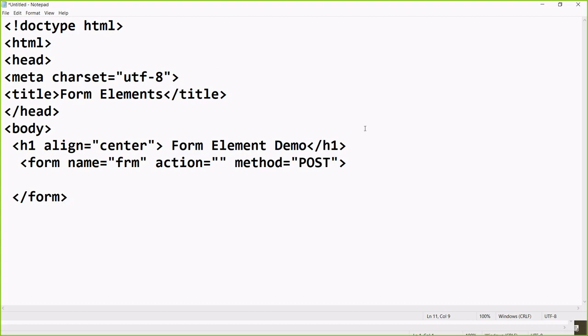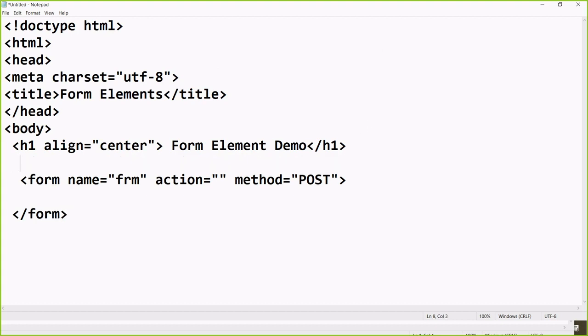Okay, and this form I want to display in the center of the page so we can see it easily. So again, a center tag before the form, and after the form you can write the closing center tag. Clear? And then you can do the closing of the body and the closing of the HTML.